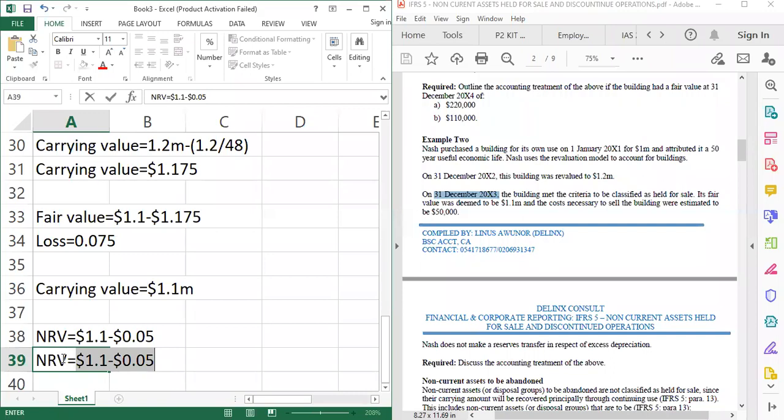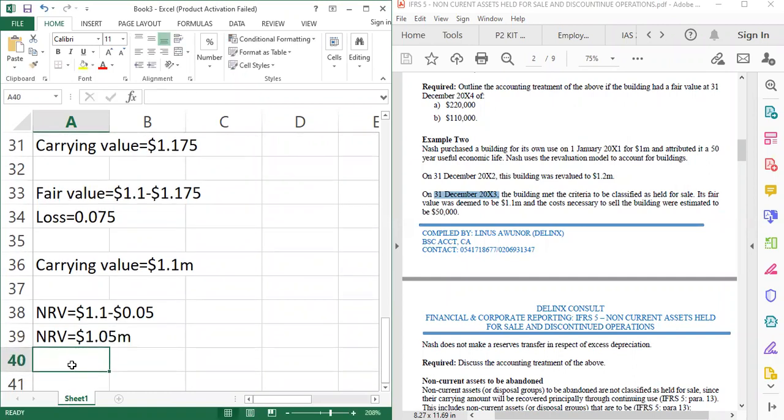Okay. So what will be the answer? 1.05. So the net realizable value is now 1.05 million. Which one is higher? The asset is to be classified at the lower, which is 1.05. It means that the asset has further impaired by,